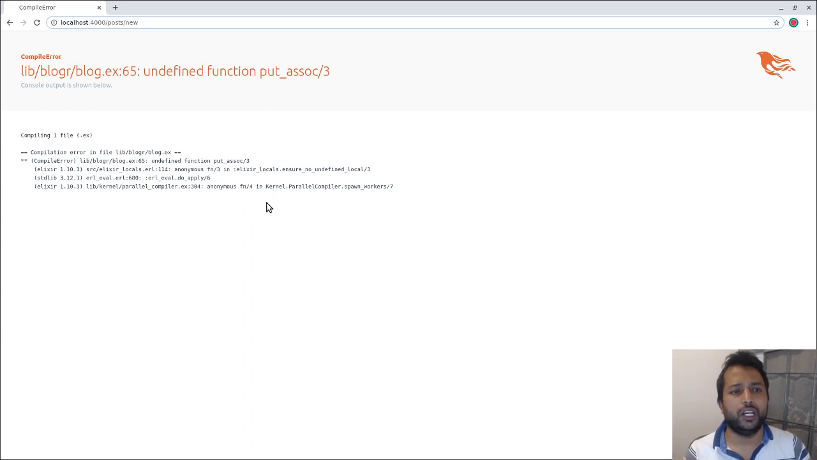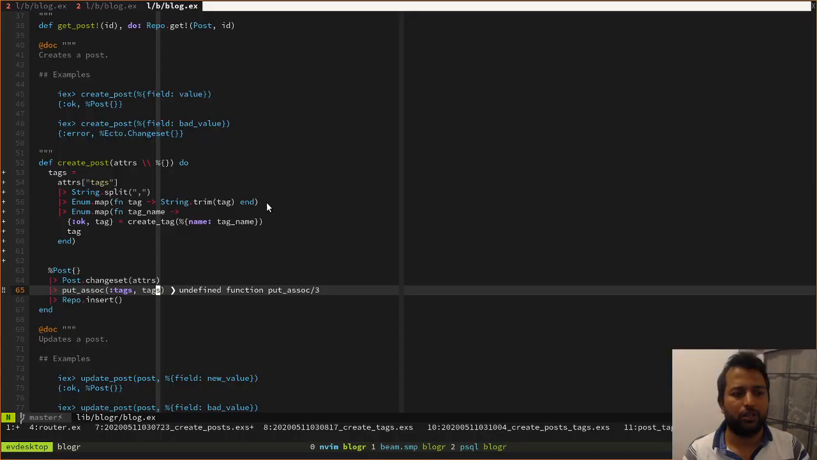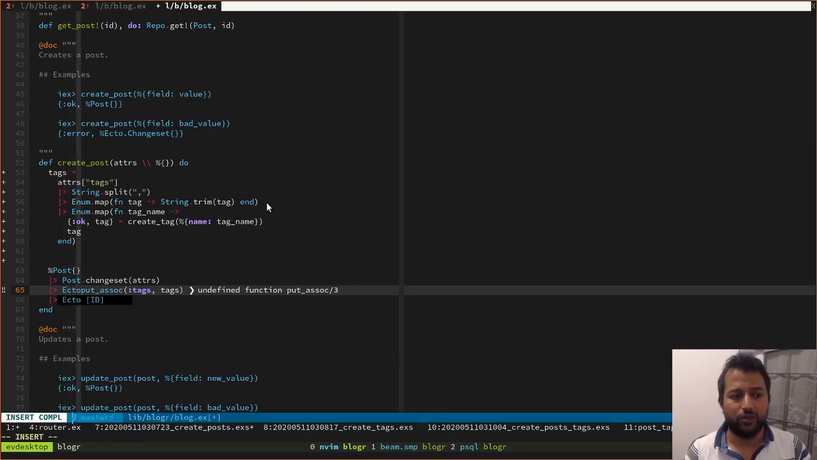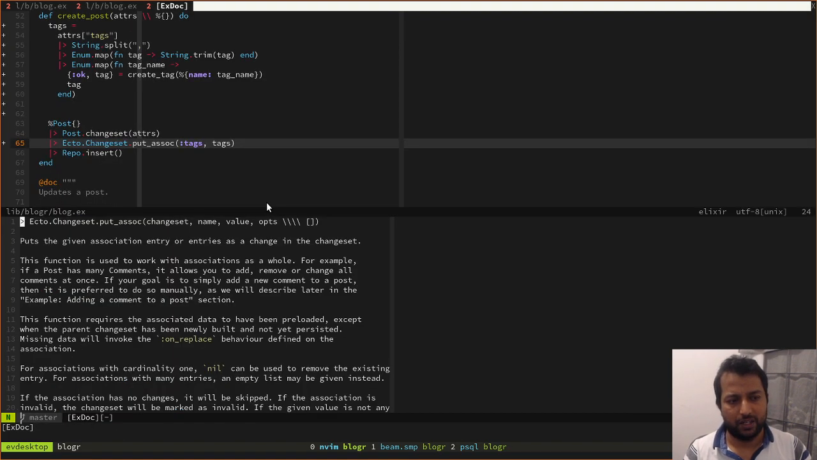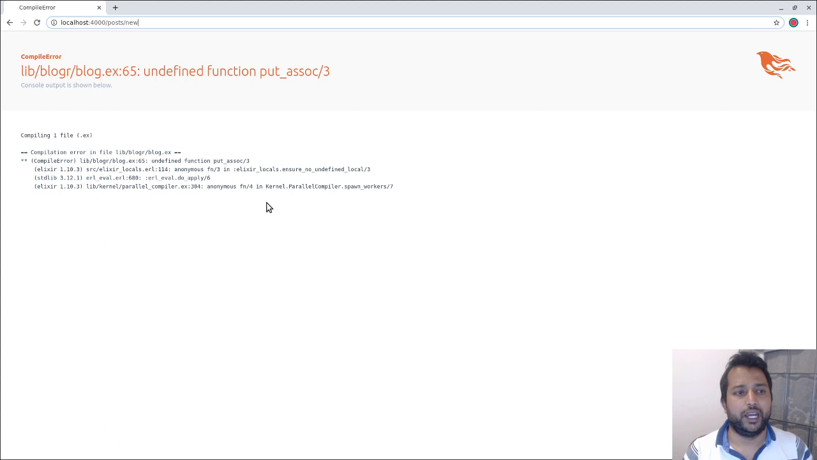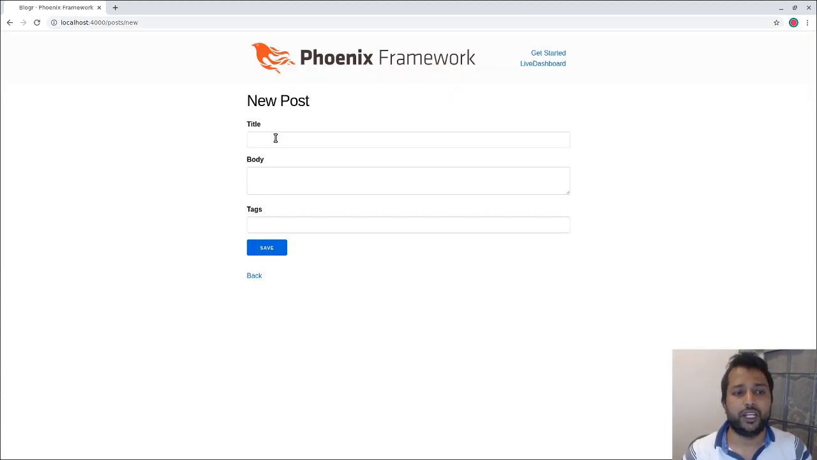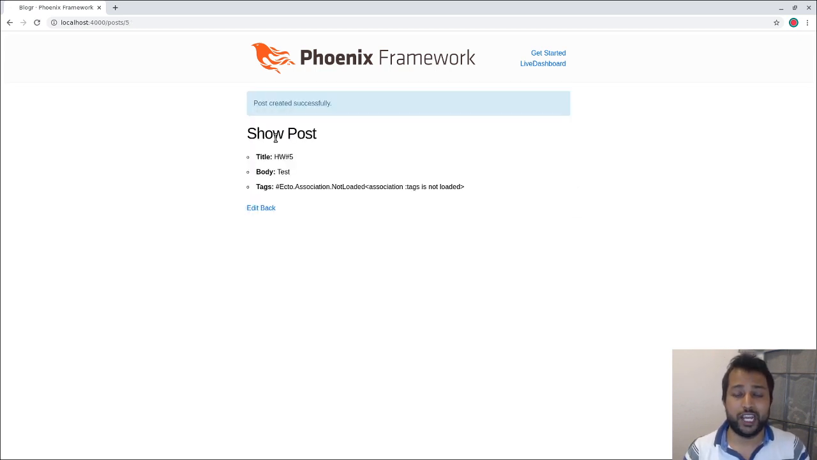Posts, undefined function put_assoc. So this is in Ecto.Changeset. Let's just add that. Yep. And go to the new, and here we'll say take 5 test, take 5 foo bar. So now these tags still don't load up, which is fine, but let's go back and